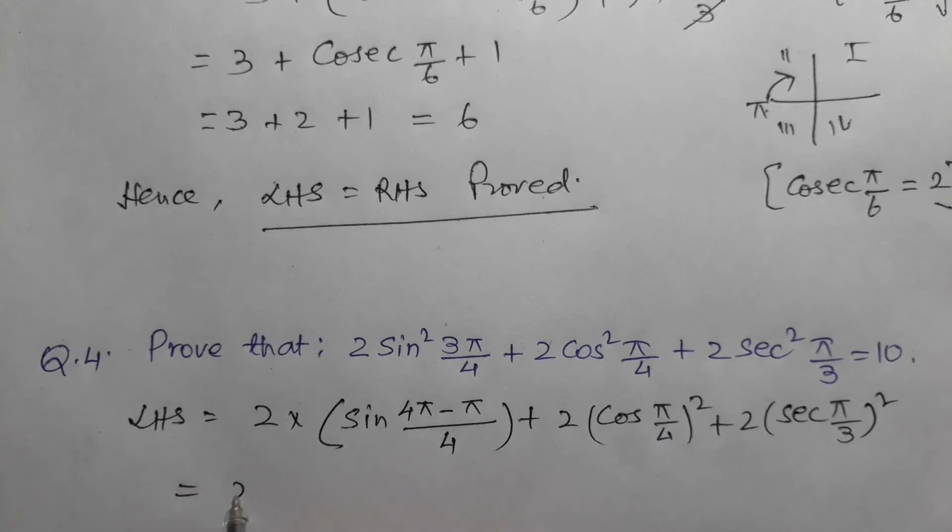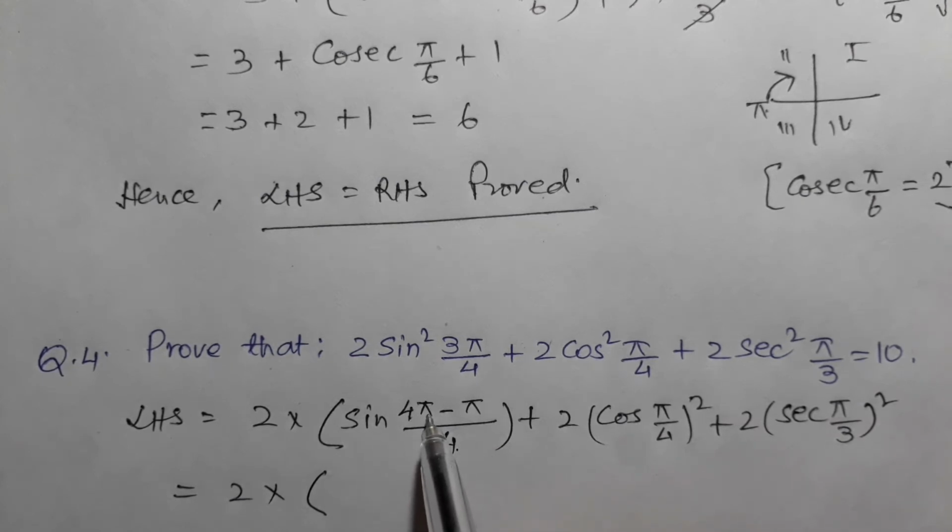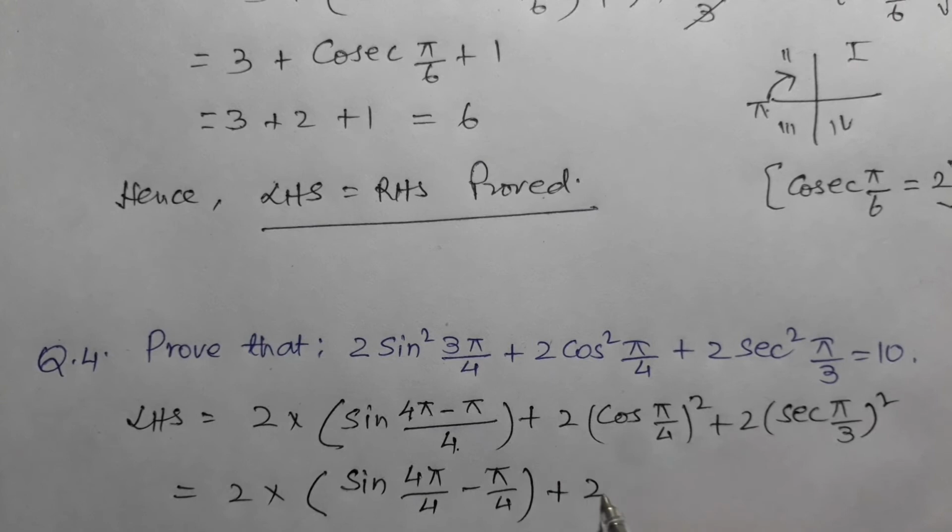So it will be 2 into, now this 4 pi minus pi will be split, means this 4 is dividing 4 pi and this pi also. Sine 4 pi by 4 minus pi by 4, we can write this in this way, plus 2, and cos